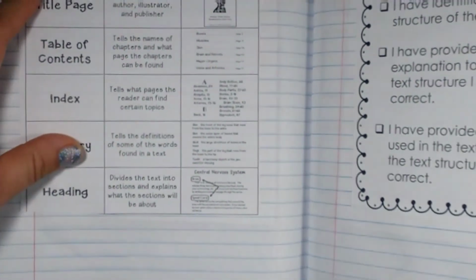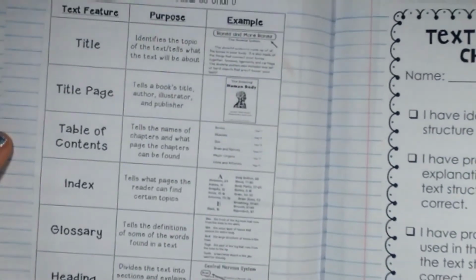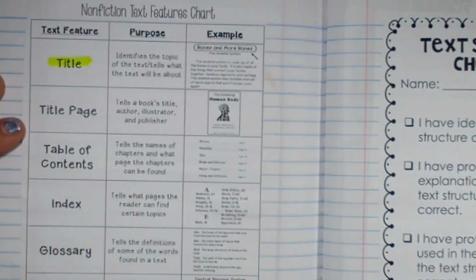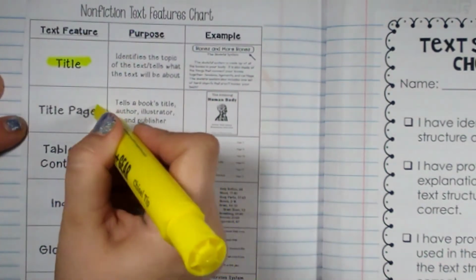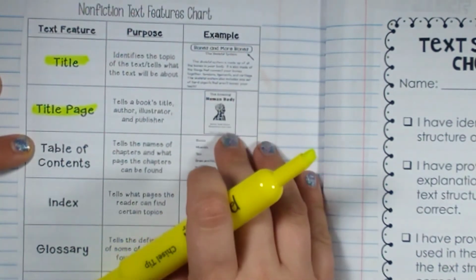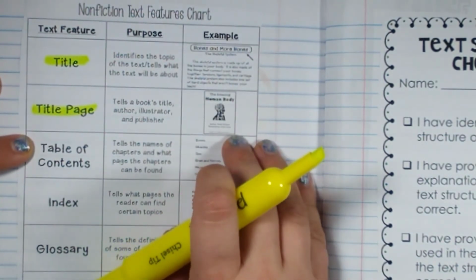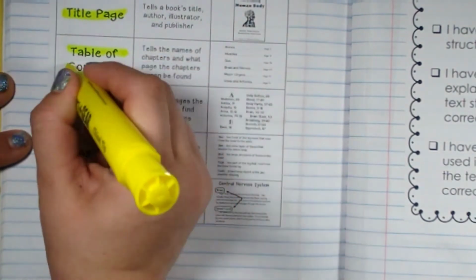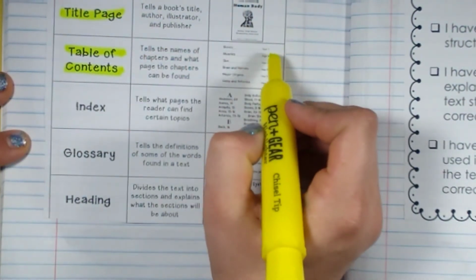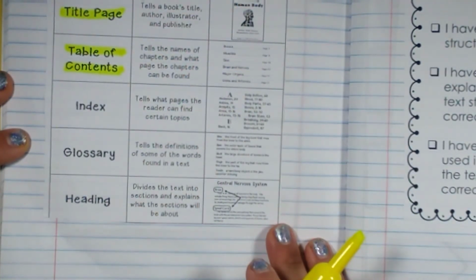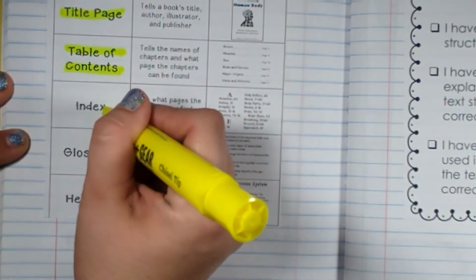Now the next one is the title. The title identifies the topic. It tells you what it's about. It can help you predict what the story is about, or not the story, but the text is about. The title page tells the title. It might have a picture. It tells you who wrote it, who did the pictures, and who published it, meaning who turned it into a physical book, printed it. Your table of contents is at the front. It looks like this. It will tell you where each of the topics or chapters begin. It is at the beginning of the book, usually after the